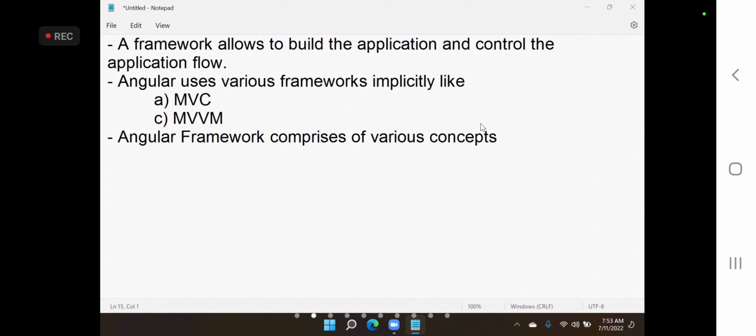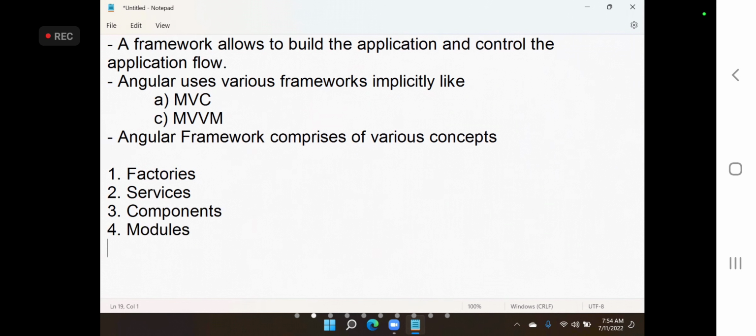Microservices, MVC, MVVM, all these are frameworks. But here the question is, in a framework, what topics do you have to know as a developer? Usually a framework contains a lot of things like factories, services, components, modules, and you saw here extra in this namespace. Am I right?